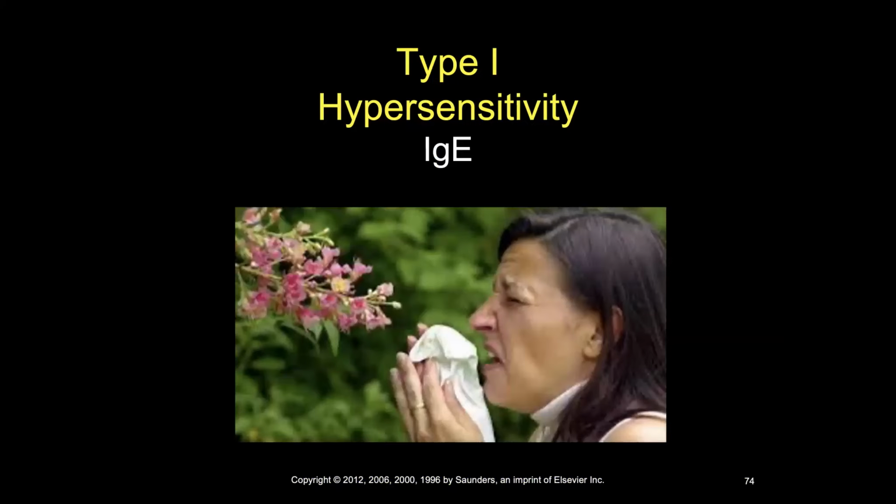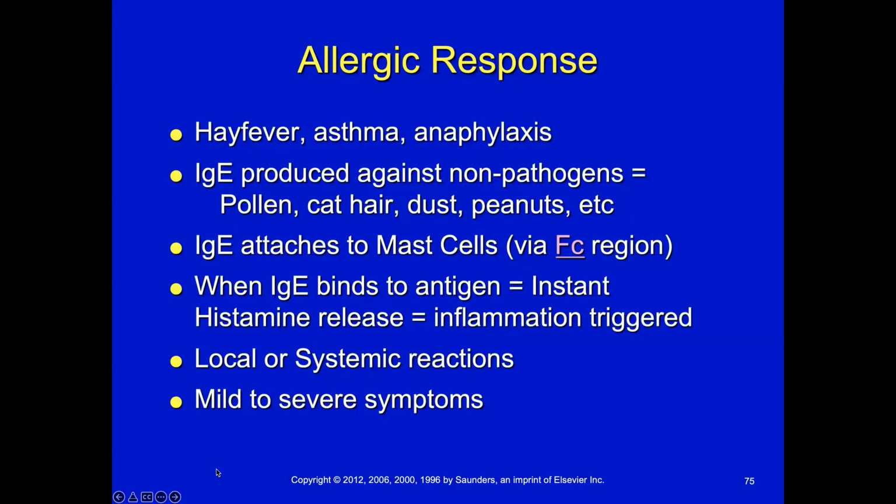So type 1 hypersensitivity, and this is due to IgE. So what we see is the typical allergic response. So hay fever, asthma, and even anaphylaxis. IgE is produced against a non-pathogen, so that could be pollen, cat hair, dust, peanuts, that sort of thing. So the IgE that's produced will attach to the mast cells, and that is through the Fc region that we